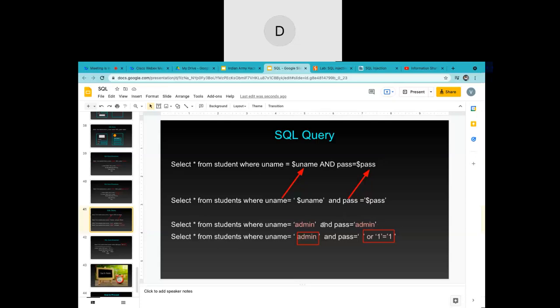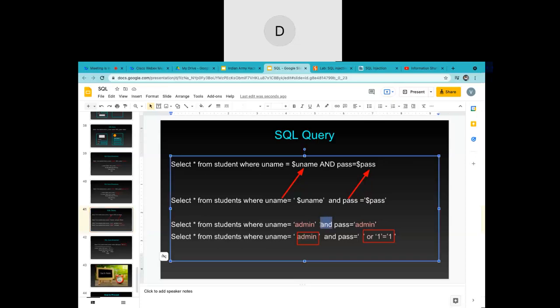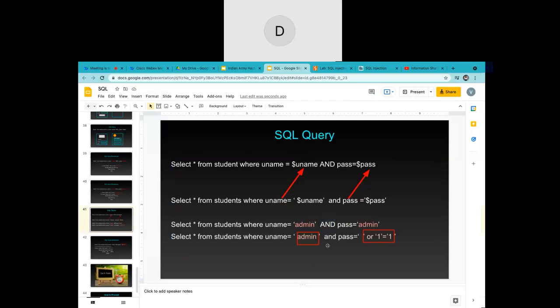And you can also notice that the AND gate has been used. I'll write it this way so that you can see clearly. So as you can see, the AND gate has been used. That means you all were correct, because AND is going to give us the exact result. If both the conditions are true, then only you are going to see the output. If any one of the conditions is false, you are not going to get the output.